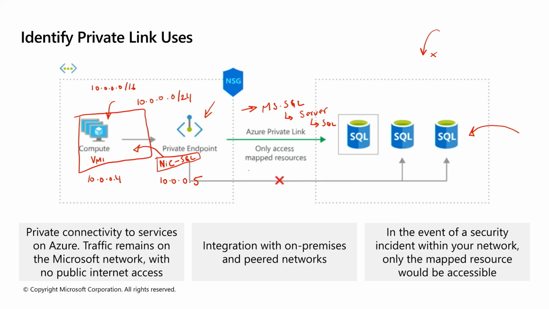In this case, I can be more specific, and I have a long list of options available within private links as compared to service endpoints, which is only available for 11 different services. This is more specific to a resource type. So I can pick and say, open it for just that database and not the others. So not opening to the entire Microsoft.SQL, but to a particular server that I have in my environment.